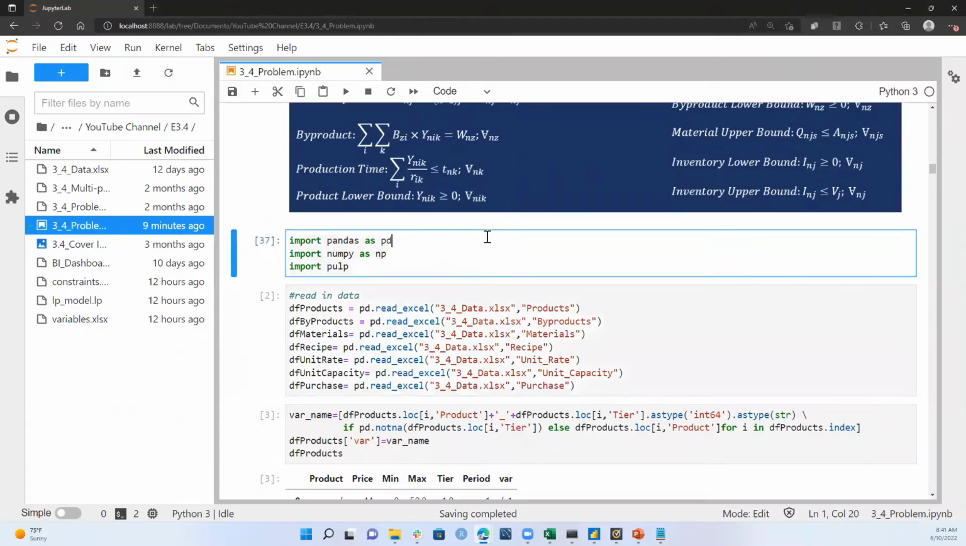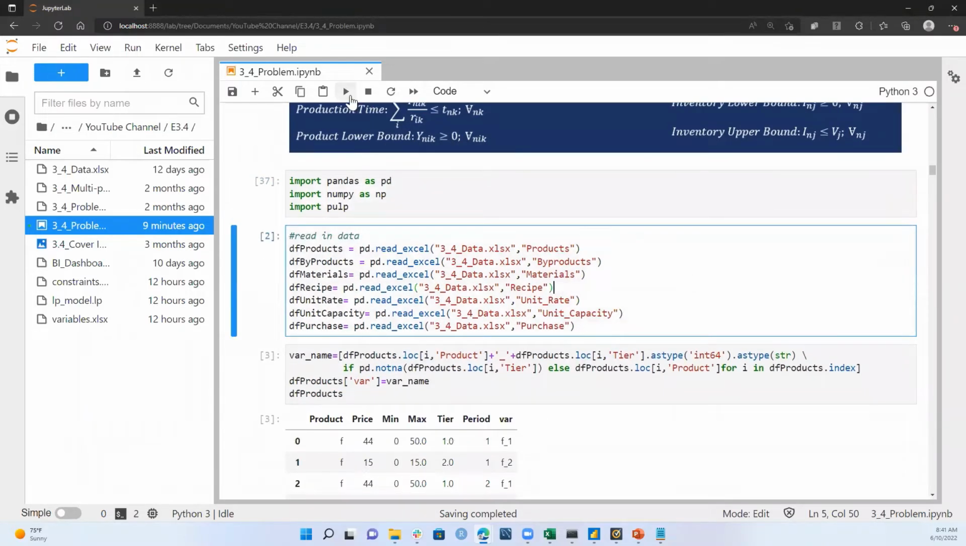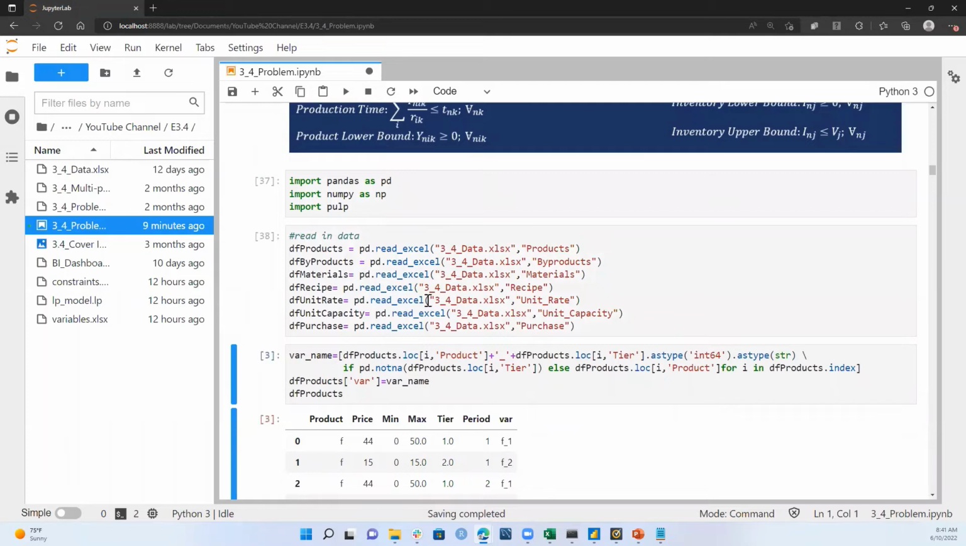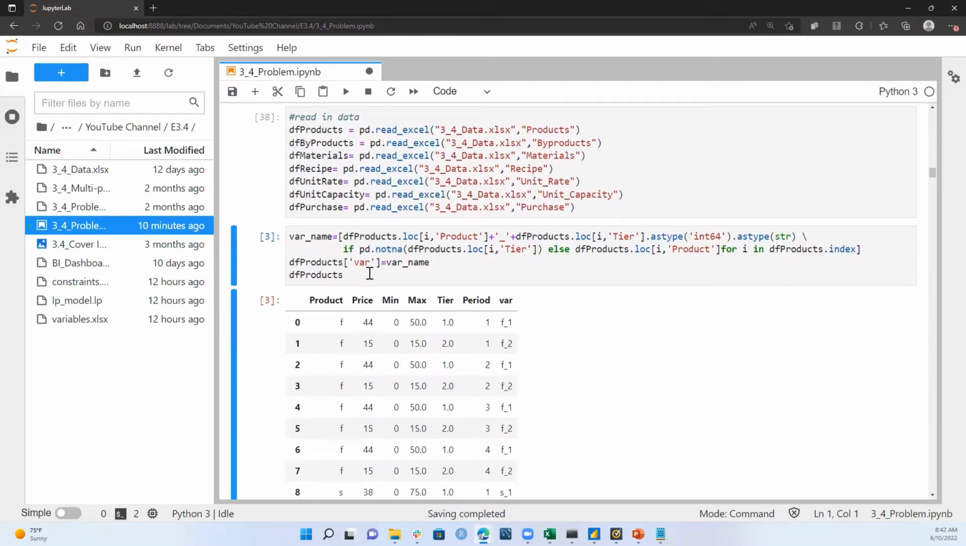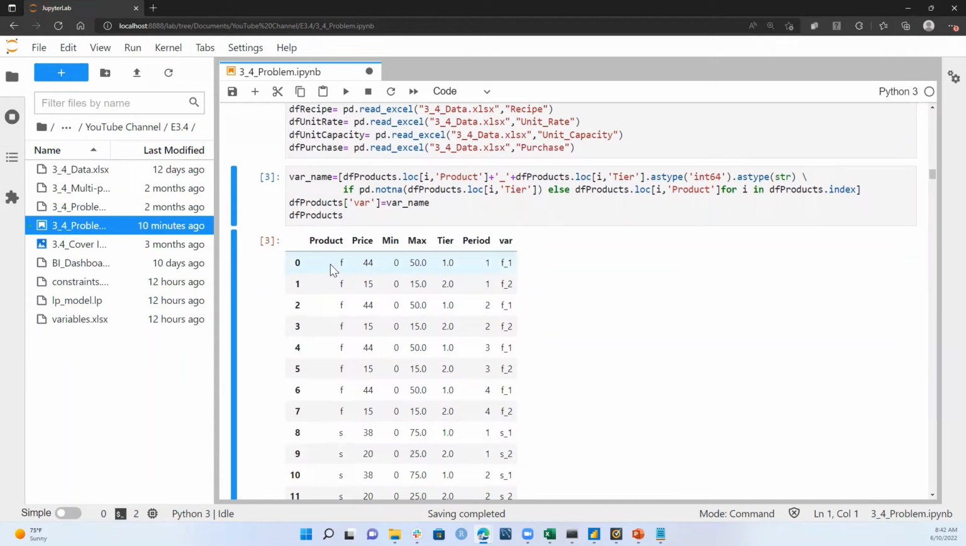Okay, so we have imported our libraries. Now we're going to read in all of our products from the data that we just reviewed. We bring in each of those tables. And now we're going to do some basic data transformation. So the first one is with this DF products table. Because we have a product and a market, tier 1 or tier market, and a